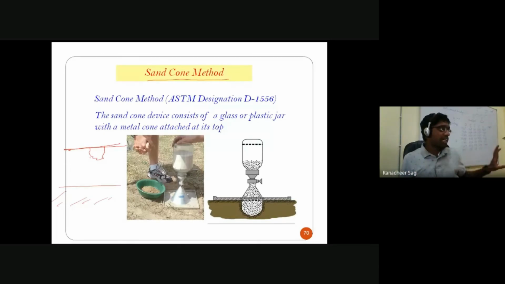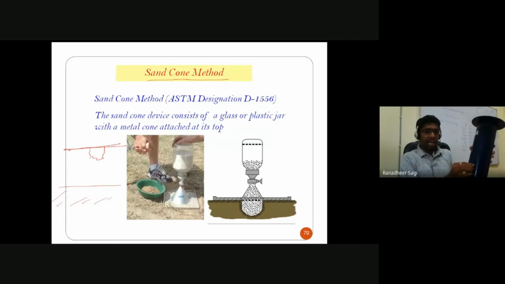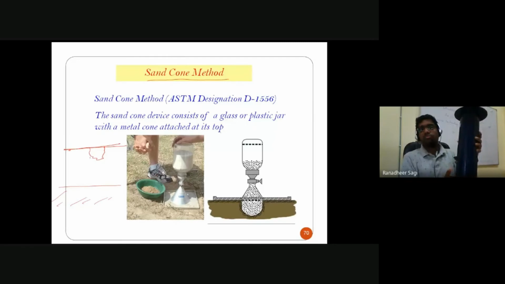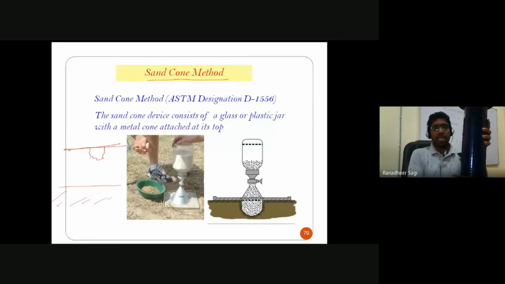Now initially I know the total volume of the sand which got filled into this container. When this trap opening is opened, sand freely flows through the opening, and it flows only until all the void spaces inside the pit are filled with sand. Until that, you see that your sand is freely flowing. Once you see there is no more flowing of sand particles from this container into the pit, then you can close this lid.